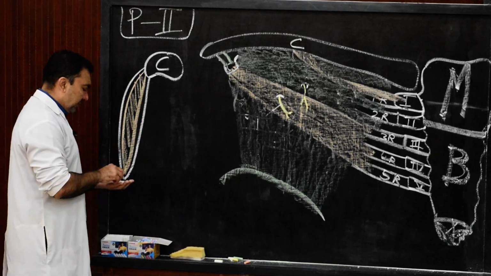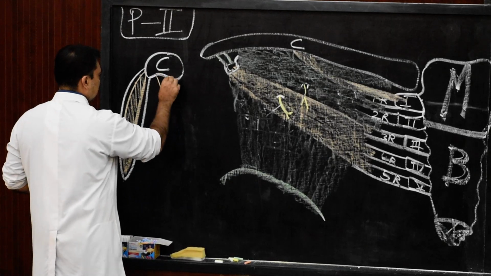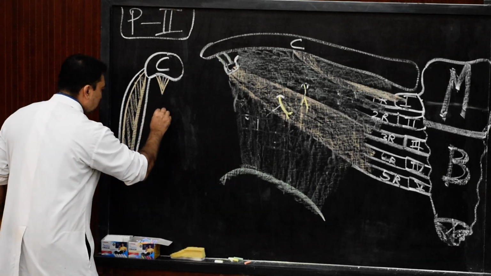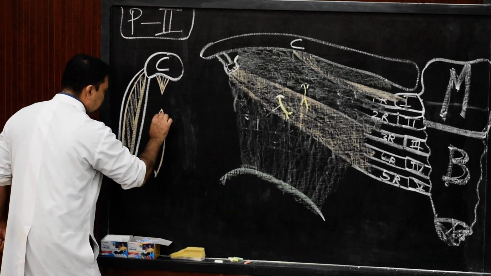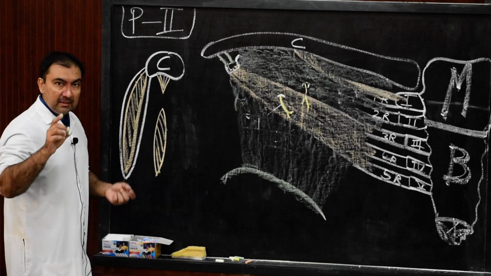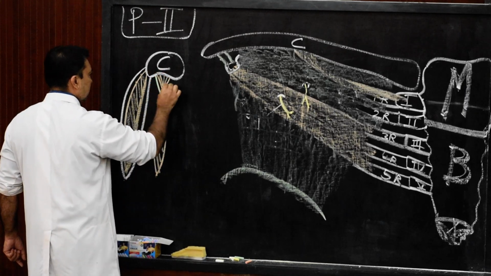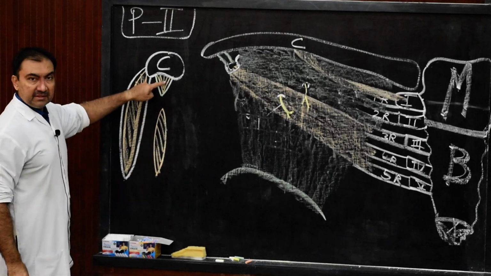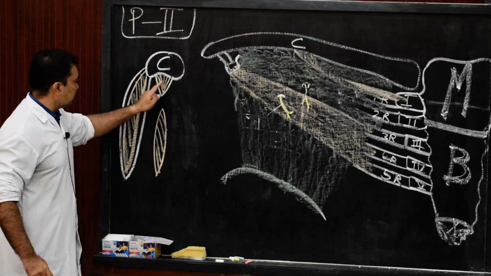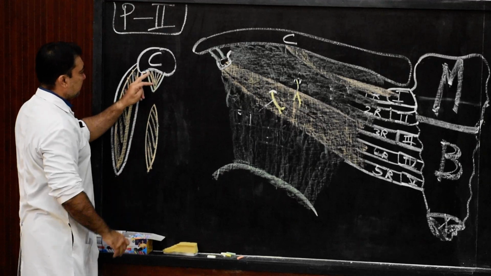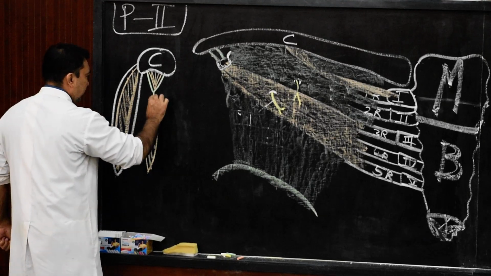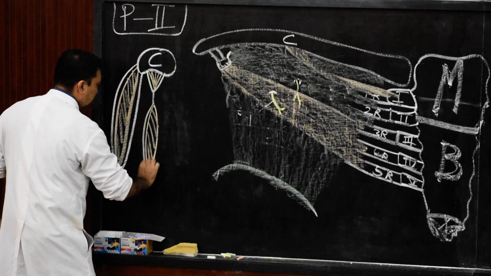Deep to pectoralis major, now I am going to show this muscle which will be known as subclavius. Below that I am going to show over here the muscle which will be known as pectoralis minor muscle. This is a beautiful diagram. And I am going to show clavipectoral fascia. See here, above, the clavipectoral fascia will enclose subclavius muscle, and after enclosing subclavius muscle, it is attached to the inferior surface of clavicle. Below, the clavipectoral fascia will enclose pectoralis minor muscle.